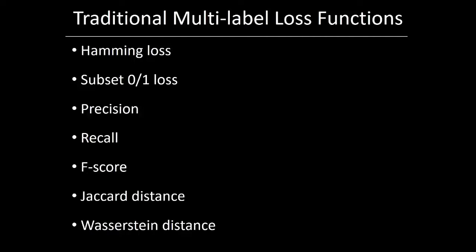Right? But I think the very notion of what constitutes a good prediction changes when you move from dealing with thousands of labels to millions of labels. Right? So I don't think any of these loss functions are very appropriate, but we can follow three very simple design principles in order to adapt some of these loss functions to the extreme setting. And my talk is going to mirror Thorsten's very closely, so please bear with me.